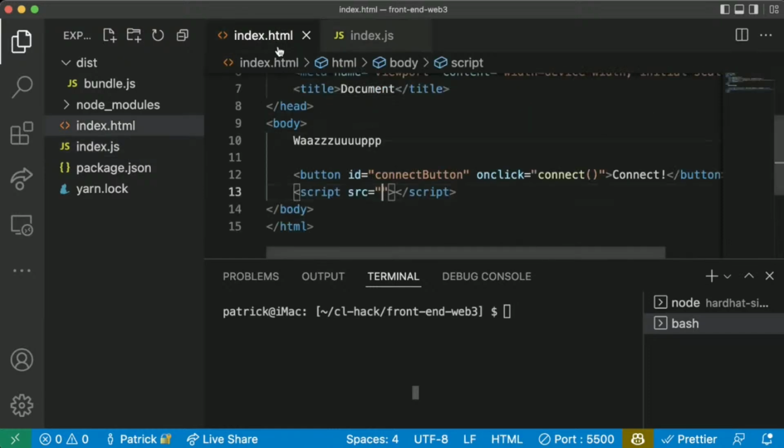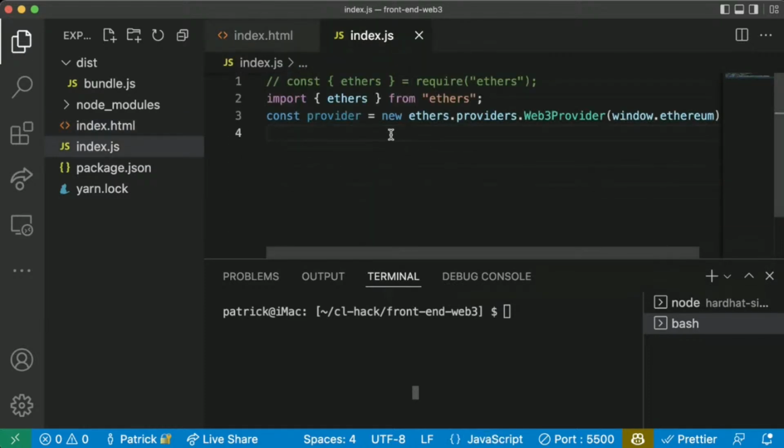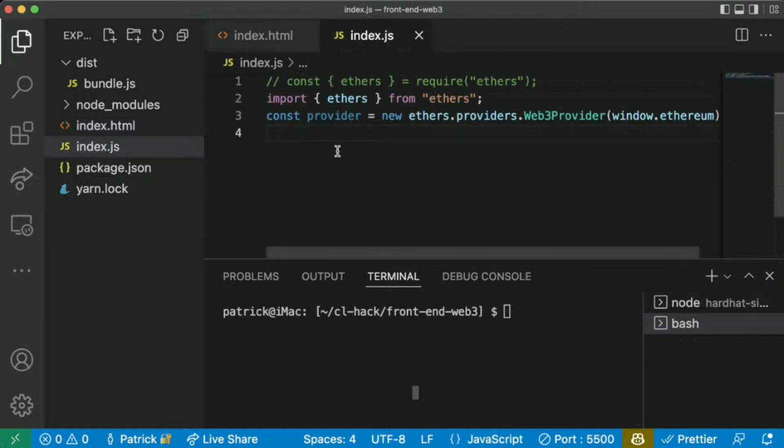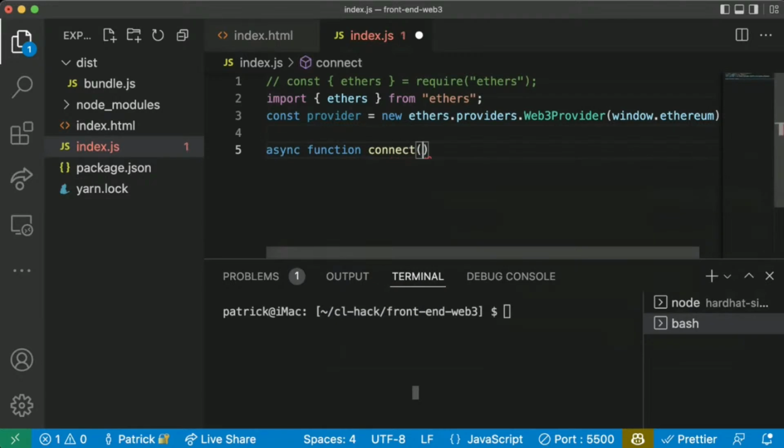So if we do import ethers from ethers, and now in our script we do /index.js, and then we'll create a function, async function connect.